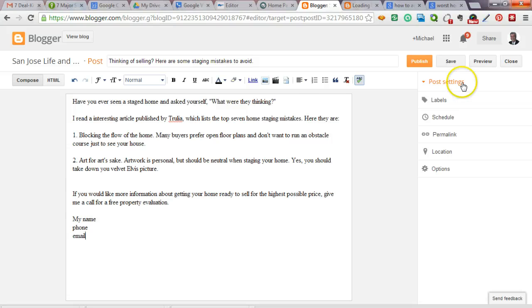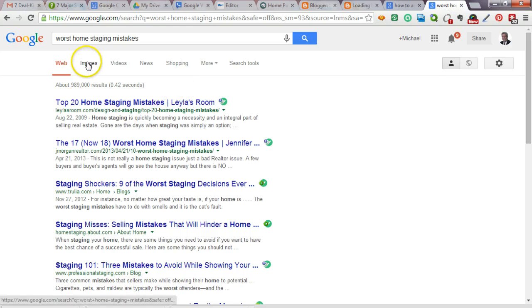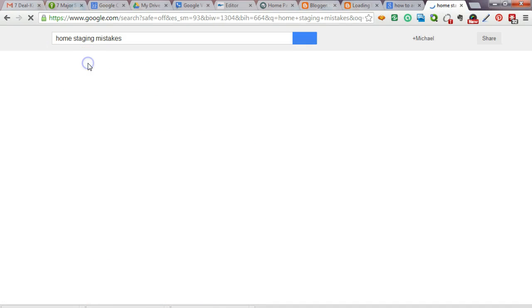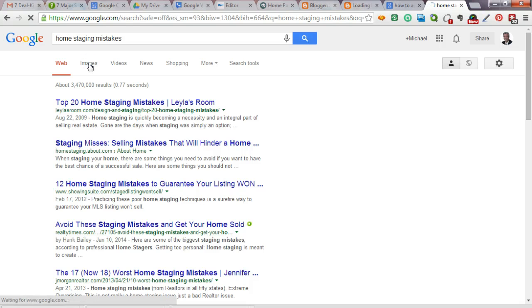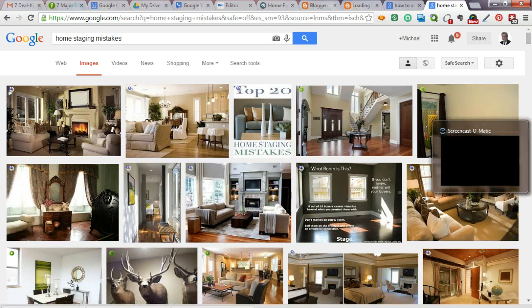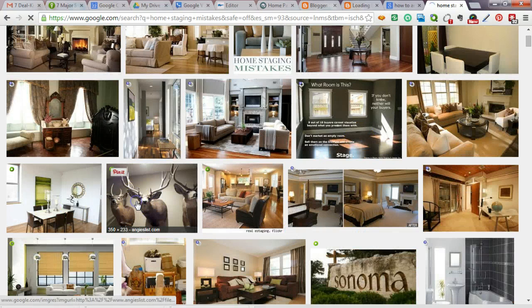and then what I would probably also do, now some of this is getting into the realm of, well, I'll just show you. What I would do is, remember we're talking about home staging mistakes. I'm just going to get rid of the word "worst" because it may or may not be helping me, and search home staging mistakes. I'll just go with that. And I'm going to click on images, and I'm going to look for a picture that looks, how about